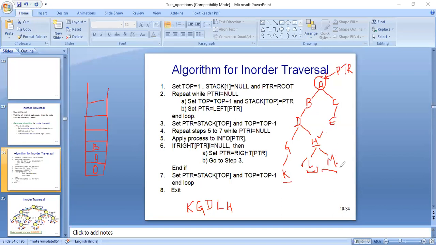processing the right. So when we are going to process right, we will set the counter here, the PTR, and push it onto stack. So we will push it onto stack, and this is the leaf node. Because this is the leaf node, from here we will start backtracking. So when we are starting backtracking, we will remove this element from here and place this element in the sequence of process.